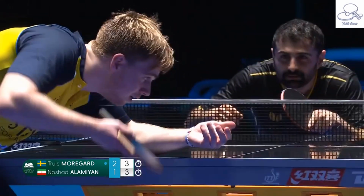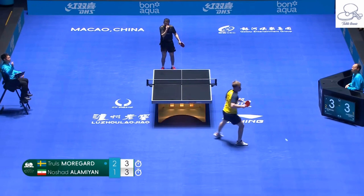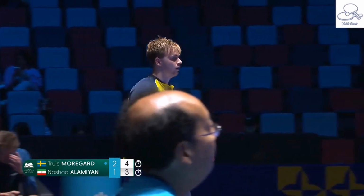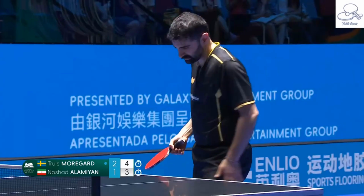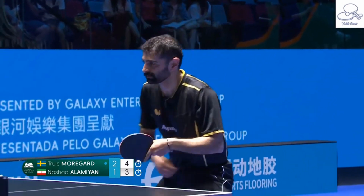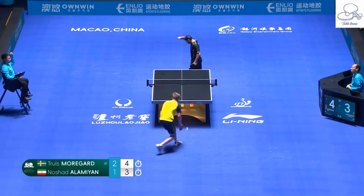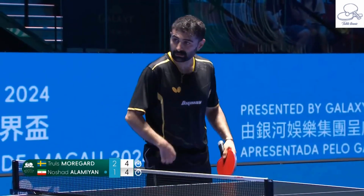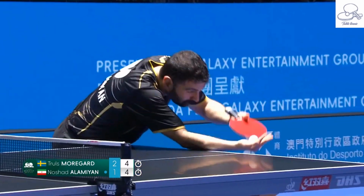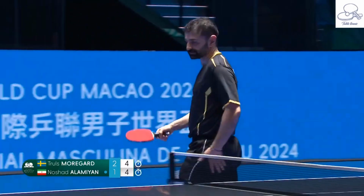Noshad Alamiyan would be thinking, I could have finished this earlier, but now I'm fighting to save the draw here rather than a victory. So 4-3, Truls Moregard. He's definitely got more power in that arm, and he's really exploiting it to the max against Alamiyan. 4. On the other hand, Noshad Alamiyan is putting in his best. I think one of the really close fought games that we're looking at. But we did see that with 5-4,